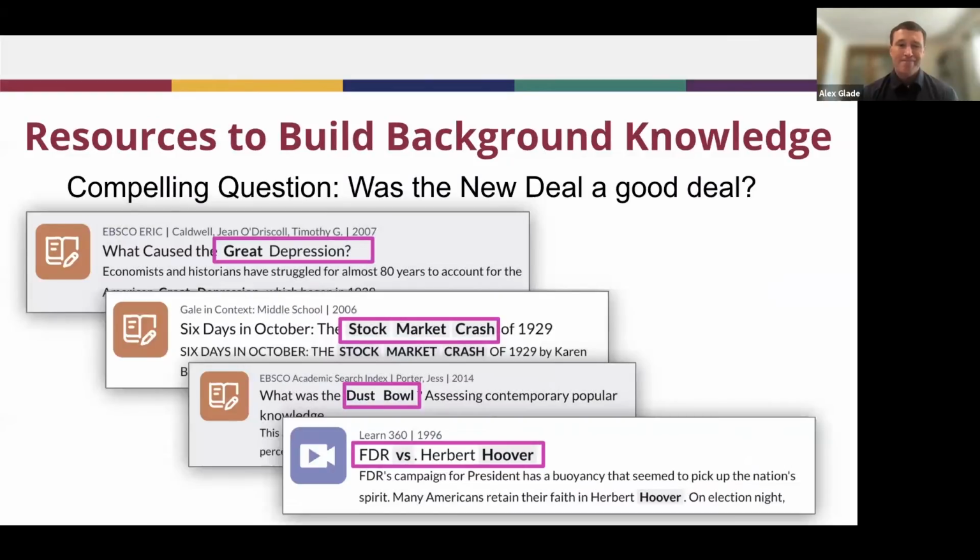Absolutely. All right. So when you and I talked about this, you kind of suggested for this type unit, they'd need background information on the Great Depression, stock market crash, Dust Bowl, as well as political and policy issues with the previous president, as well as FDR. So these were some resources that I pulled from Scout on these 4 topics, just to give you an idea of what this might look like in that unit.